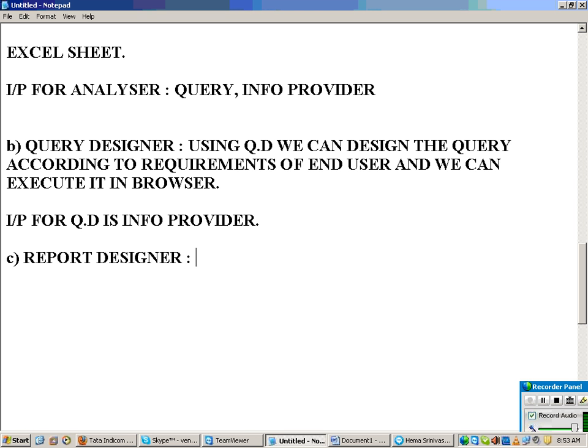Next, the third application is called report designer. You know crystal reports? Heard about crystal reports? What exactly is a crystal report?